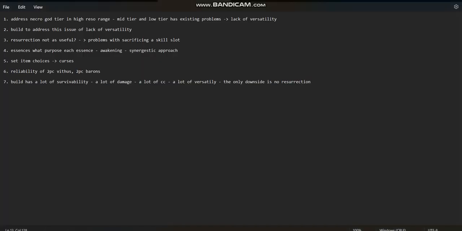So Necro right now is really strong. They are god tier in high reso range, but take note, in high reso range they are really strong. In mid-tier and low-tier range, they have existing problems, and it's the lack of versatility. So what does this mean? Let me explain. When you are like 2K, 3K, or 4K resonance, whenever you enter a battleground, the problems